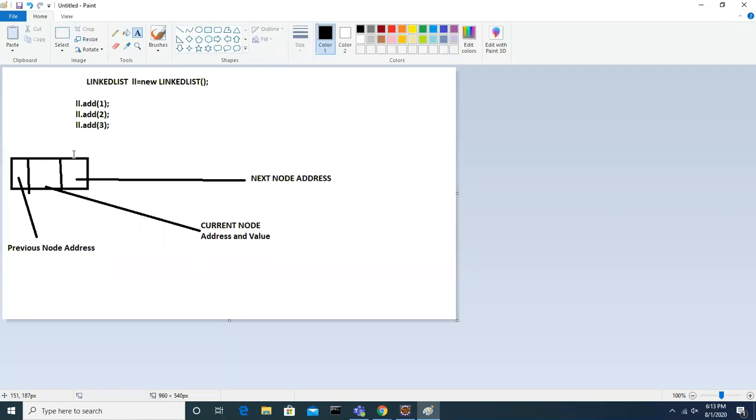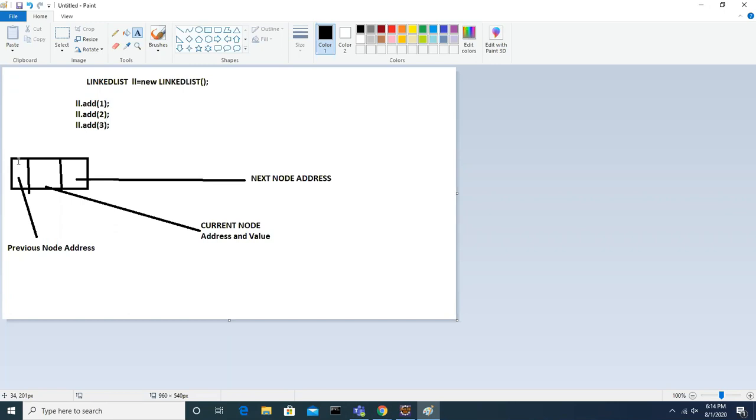So this is the architecture, guys. The moment you add an object, an integer object, any object you can add, it will create a node. That node mainly contains four blocks, but I am explaining with three, because in one block I am representing node address and value.